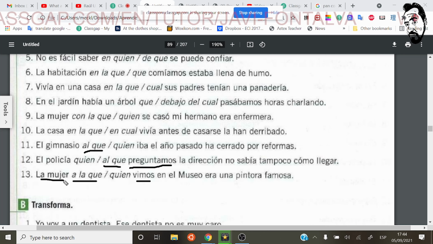Okay, el dentista al que yo voy no es muy caro. This is the same. So we're going to do the same as before, but now you're going to need the preposition. They're going to make it a little bit more difficult. Number 2. Rubén trabaja en una fábrica. Esa fábrica la han cerrado. Okay, so la fábrica